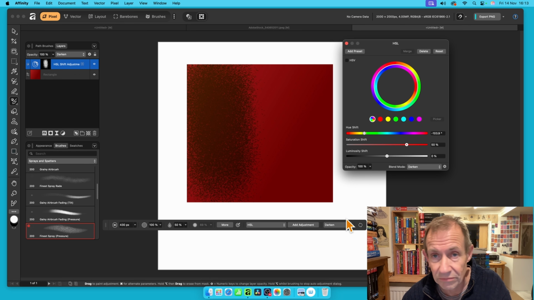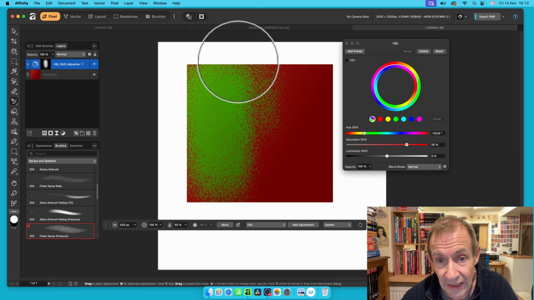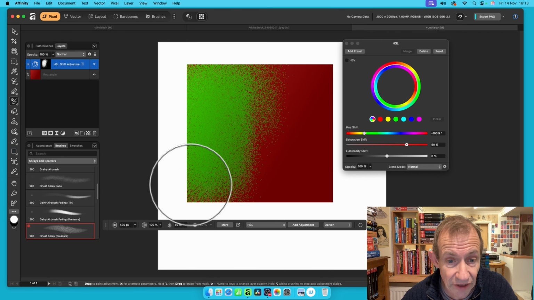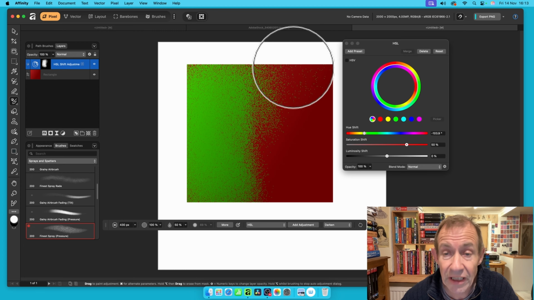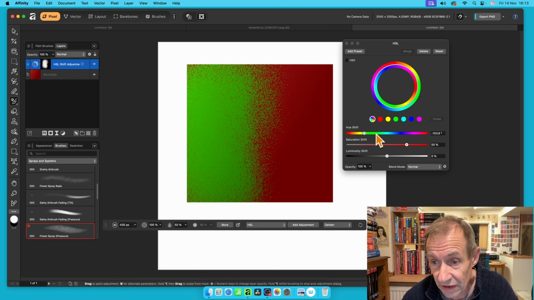So it doesn't matter after it's done, you can change it later obviously, but you can't change it there. You just have to change it here. Just go blend mode normal. And you can see then I've got green at the side of that shape instead, obviously, of the default red of that gradient. And then of course I can tweak this, I can make it blue and tweak that backwards